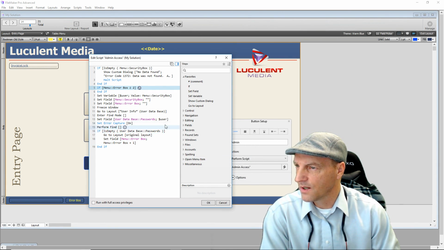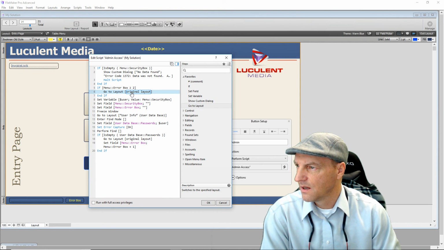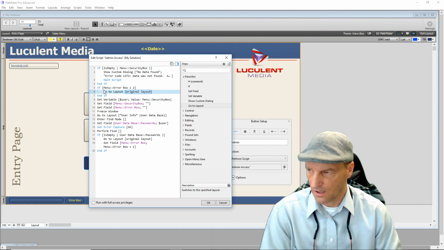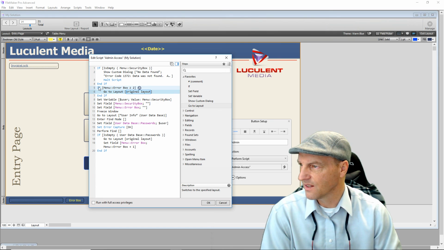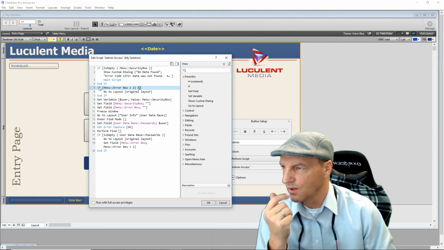Then what we want it to do is go to a layout. Well, actually, what we wanted to do first is, let's delete that, well, let's not delete it because we don't really need to delete it. What we need to do is